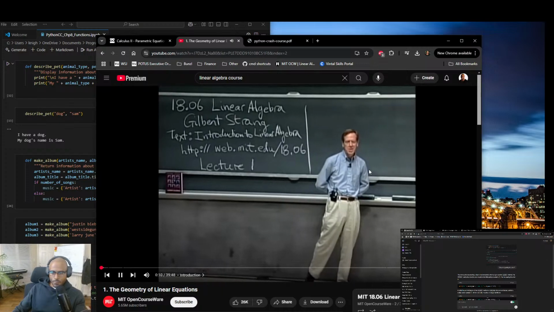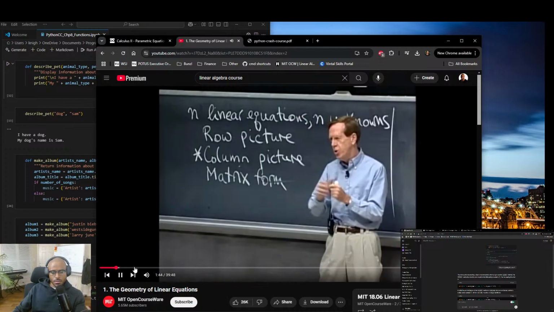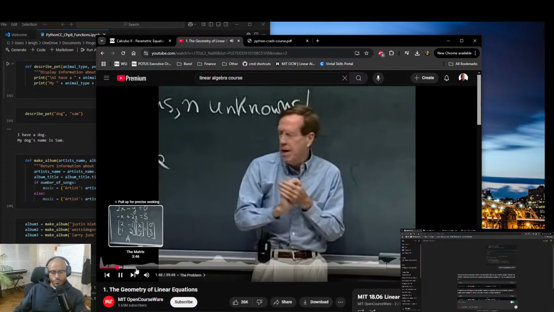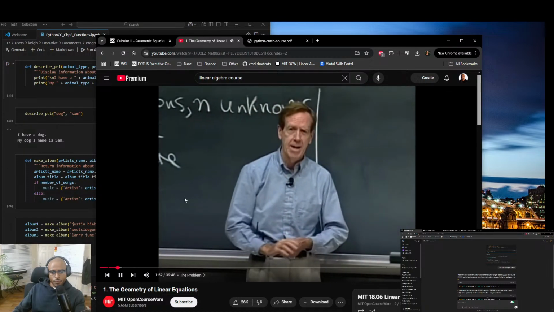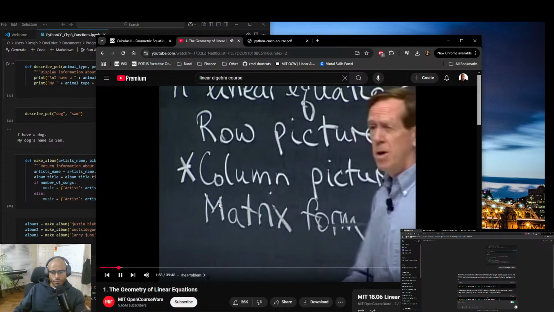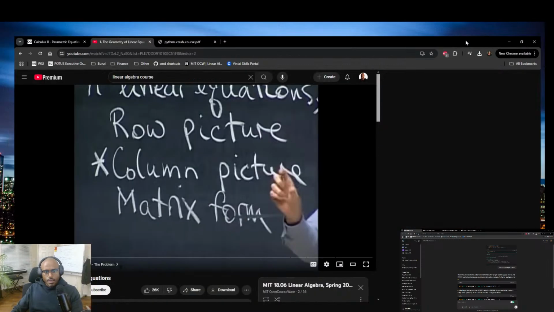The first lecture in MIT's course. Let's be honest though, are we gonna do this right now? 1806, equations where lines meet. So in a minute you'll see lines meeting. The second picture, I put a star beside that because that's such an important one. And maybe new to you is the picture a column at a time. And those are the rows. You know what? Why not? Why not?